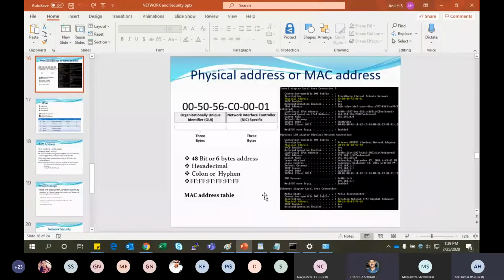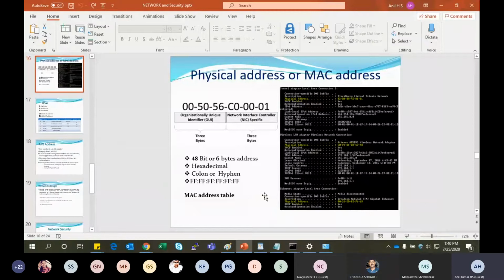It keeps it in the MAC table, or we call it the CAM table or MAC address table. Now that computer wants to communicate with some other computer on the same switch. At that time it will use this computer's MAC address and that computer's MAC address, but the switch will not do anything. Your computer has to do everything: create the frame and packet structure. All the manipulation is done by the NIC card. Your operating system is designed this way because the switch is a dumb device and doesn't know anything other than the MAC address.